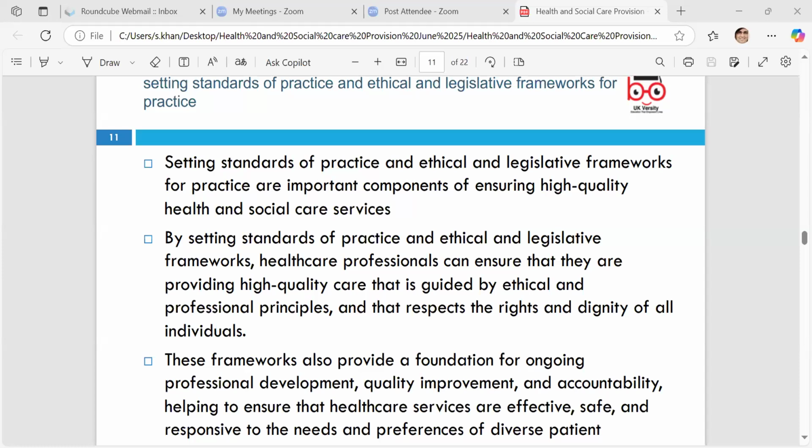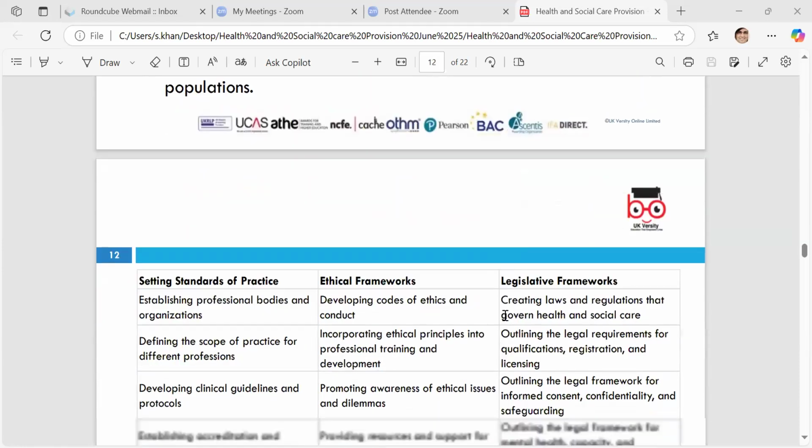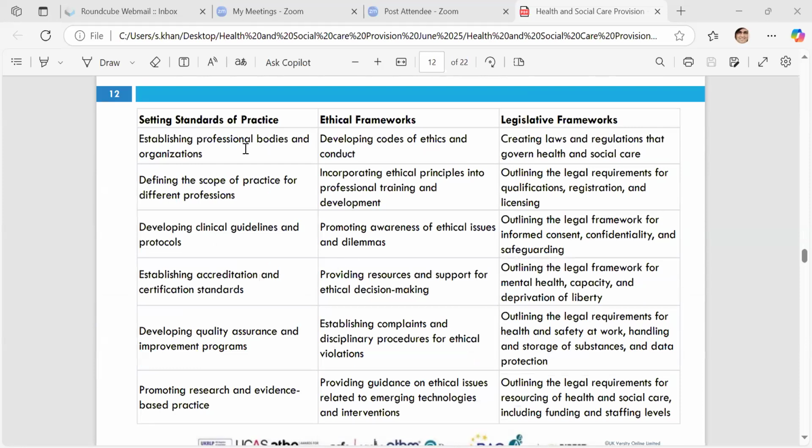As a nurse, you will have your responsibility for maybe treating the patient so that they can make their own decisions, with no discrimination. So these kinds of elements of having these awarding bodies is because we've got to follow the key codes of practice that are put in place for doctors, nurses, whichever healthcare professionals, social workers. So setting standards, we've got establishing the professional bodies and organisations, and then ethical frameworks is